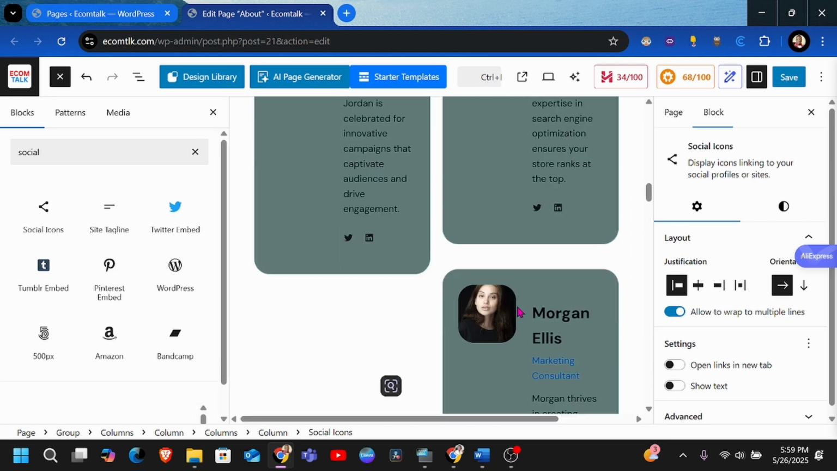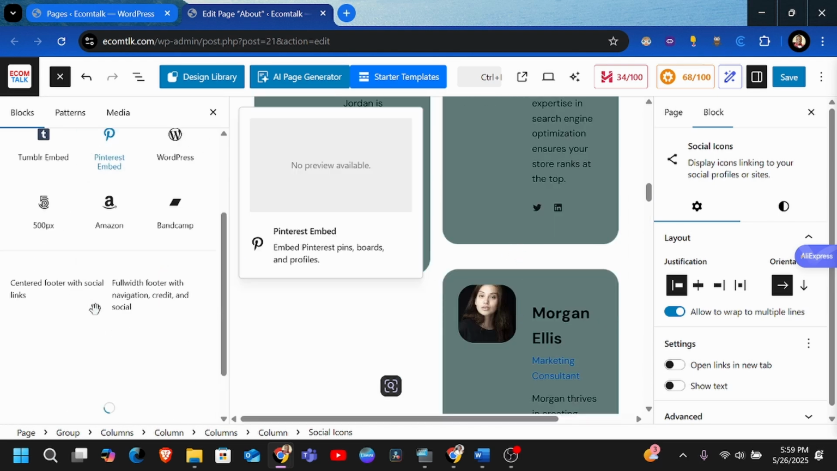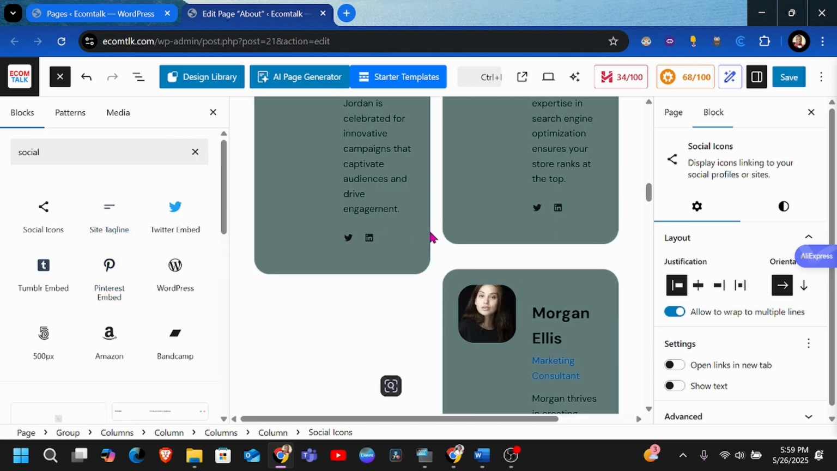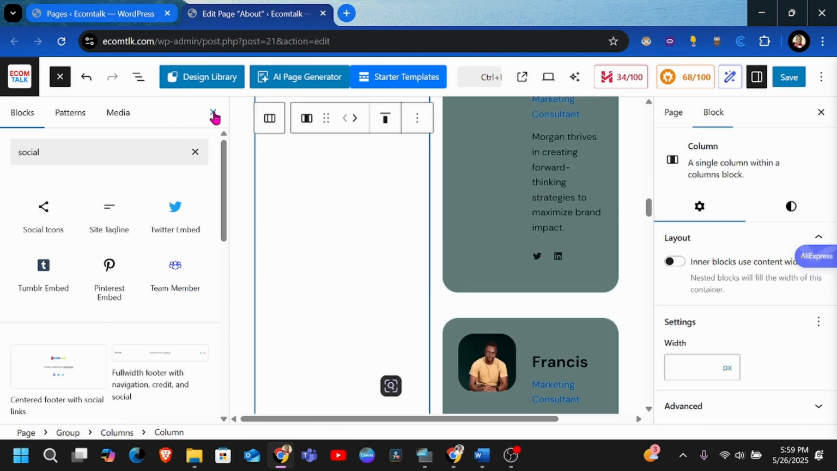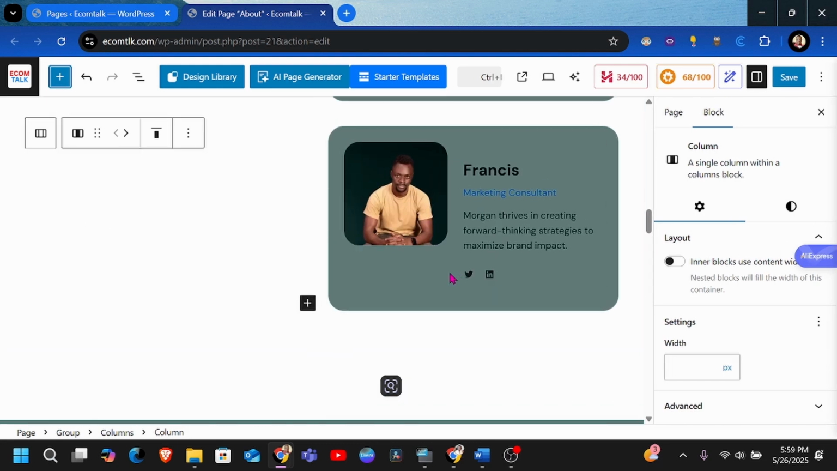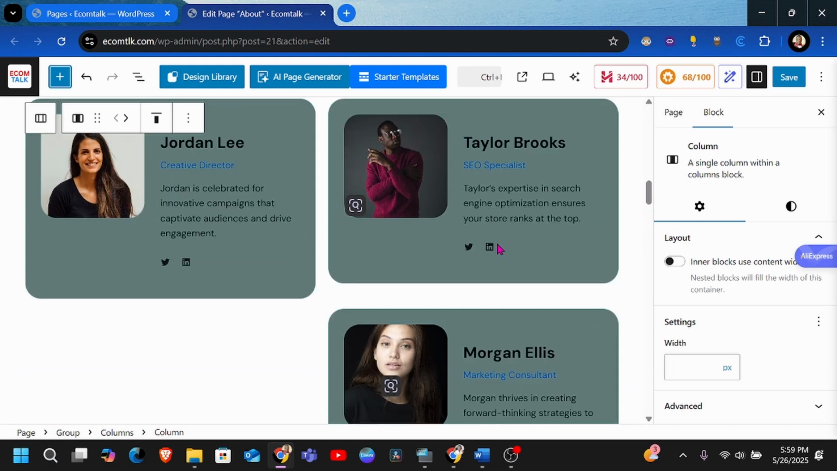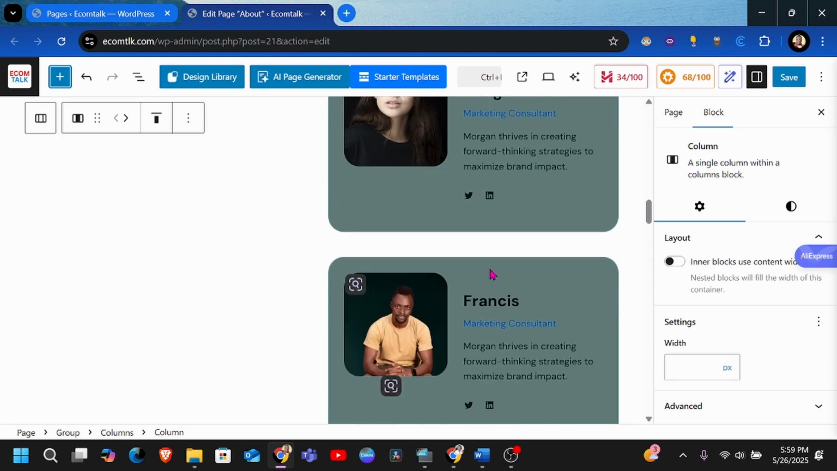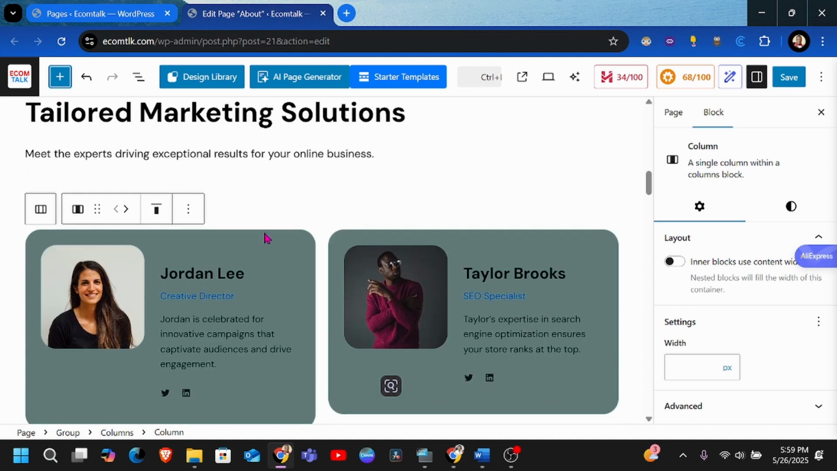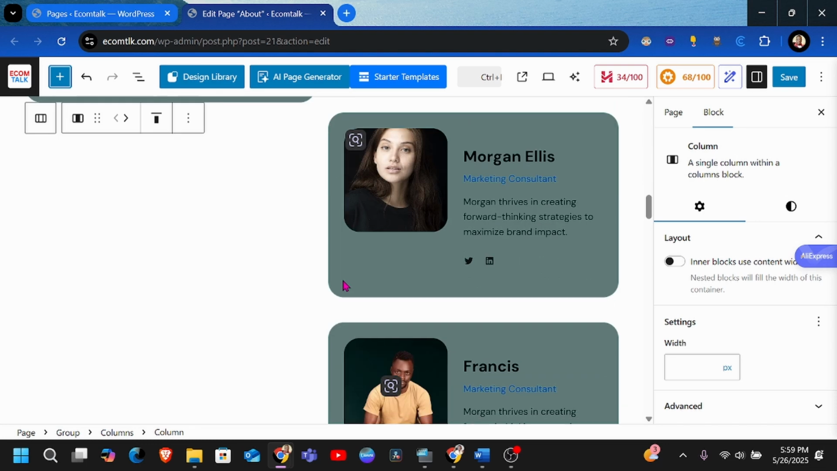I can browse all to see if I can find what I'm looking for. If I don't find it, I can just duplicate one here and change the icon. So that's how you do it for the social part. Now, let's say I wanted to change the entire layout of this theme section, then I can just go